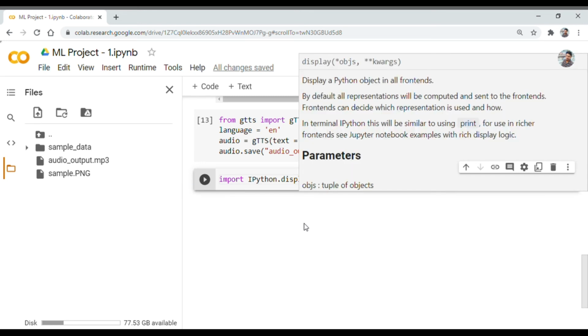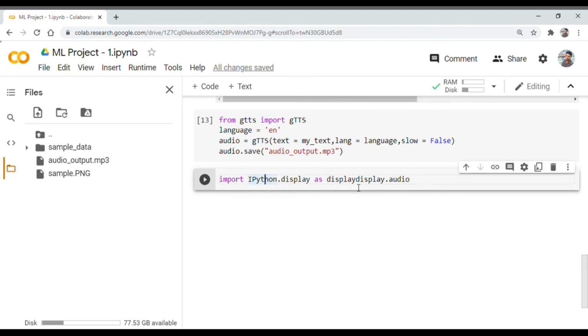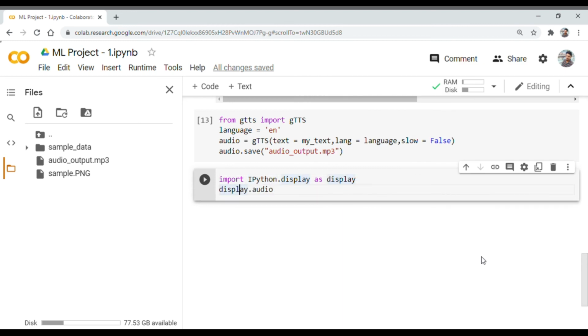Alright, now display.Audio, with a capital A, of this variable audio_output.mp3.